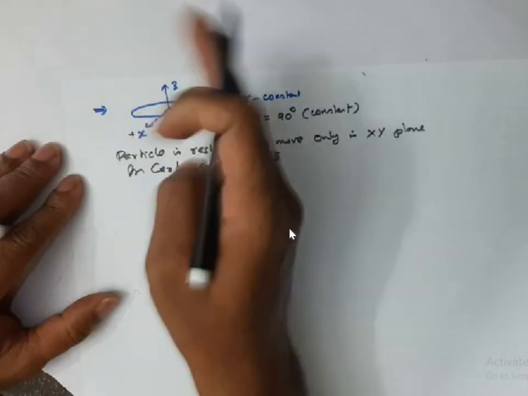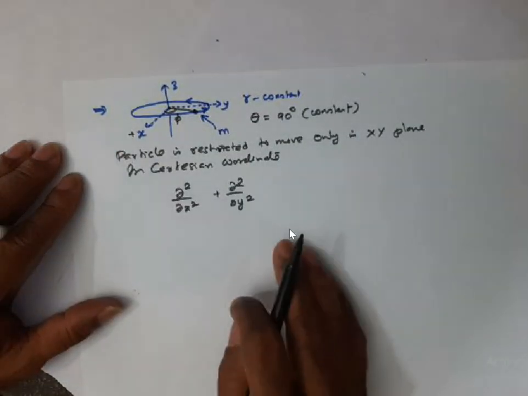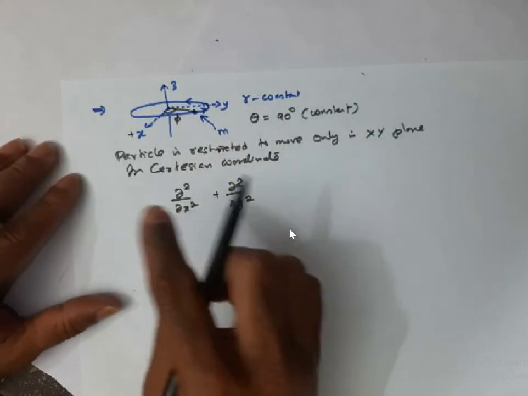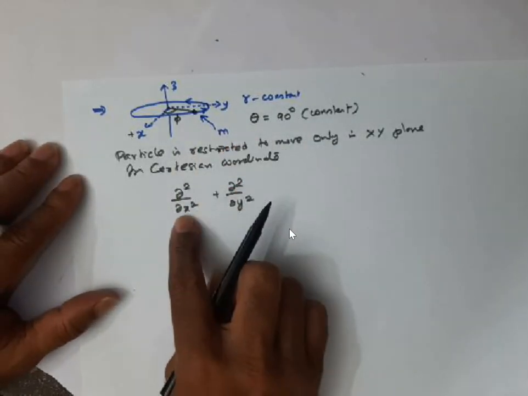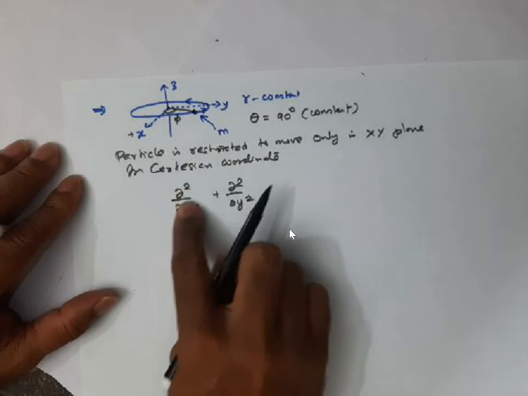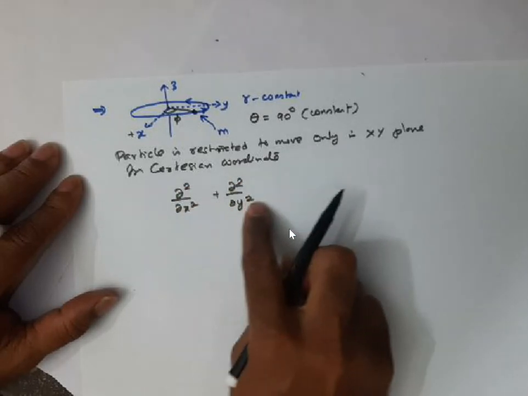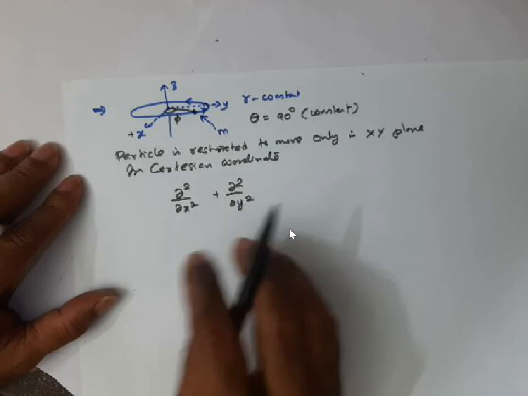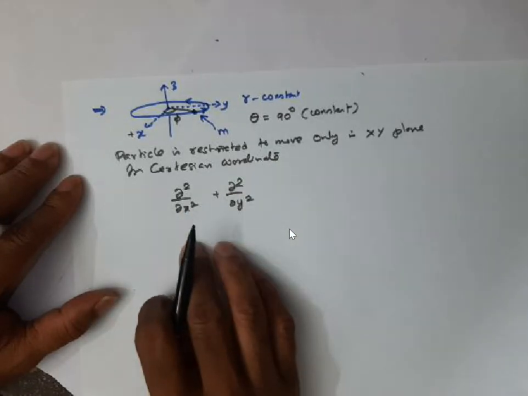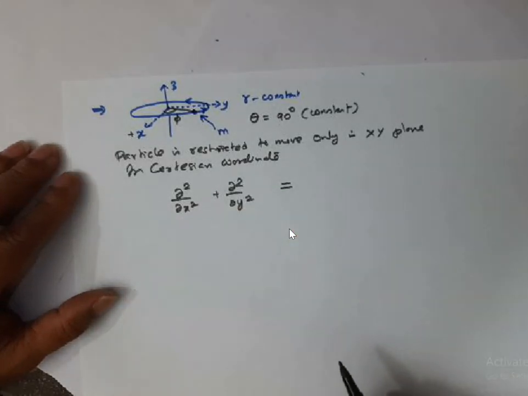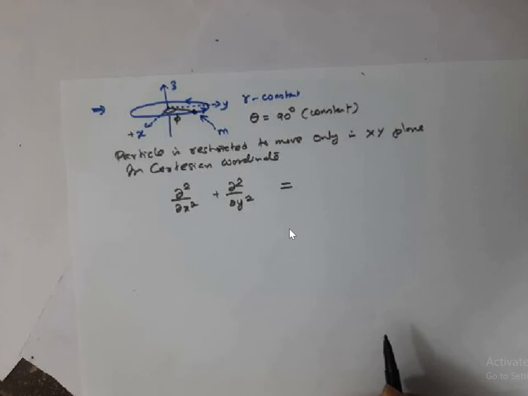of rotation remains the same. Okay, in this case, the motion of the particle or the wave function depends on two coordinates, x and y. So you require this second order partial differential quantity and this second order partial differential quantity. Okay, the Hamiltonian consists of these two parts. What is the equivalent of this in spherical polar coordinates? Okay, yeah, that's very, very important.